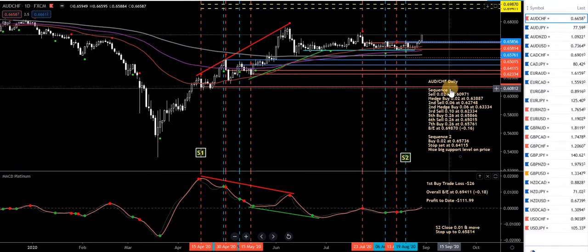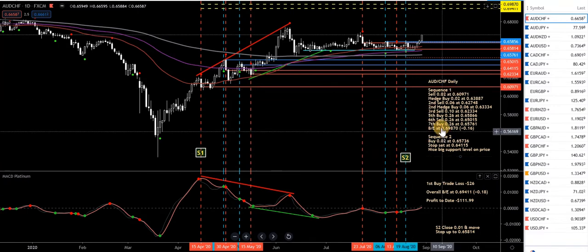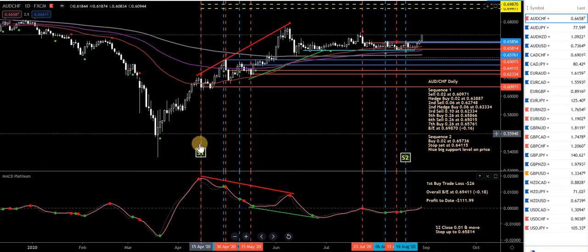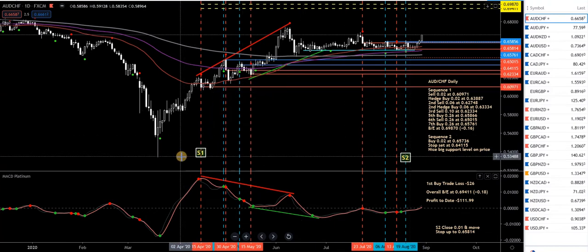S1 stands for sequence 1, S2 sequence 2, and so on. So it shows where that sequence starts. Now, with my daily high probability charts, I was doing a lot of hedging, and I'm now in the process of removing most of that hedging and cutting back on that, because I appreciate